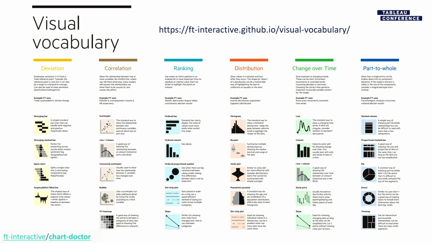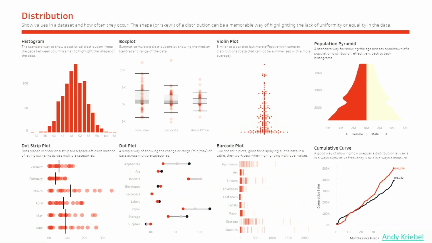What's even better is Andy Kriebel, one of the Zen Masters that I look up to as well, he recreated the visual vocabulary in Tableau and published it on Tableau Public. What that means is when you're trying to build a certain chart type, not only do you know that that chart type is good for a certain type of analysis, you also know that you can achieve it, right? And if you can download it and also credit the author, that will encourage the authors to enable the downloads and let you reverse engineer how he built it. But having said that,